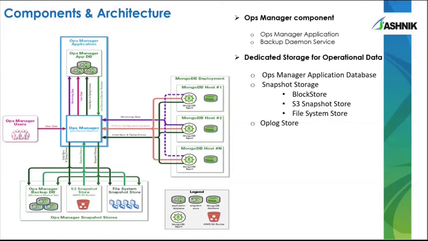Ops Manager SnapStore is where all the backups are stored. This can be a local database like another MongoDB cluster, or a cloud-based data store like an AWS S3 bucket, or you can store in your local file system as well. Along with this, you need an additional MongoDB instance to hold oplog backups, where the oplog entries that the backup daemon applies are stored. It is recommended to keep this oplog store as a separate MongoDB instance, or you can co-locate it with the backup DB or application data in a separate instance with proper memory sizing. For sizing, you can visit the MongoDB official website.